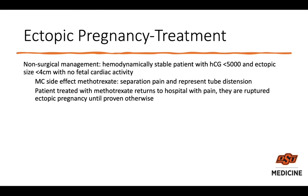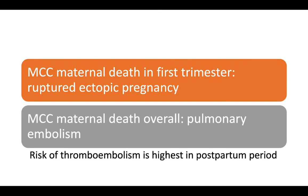The patient needs to be treated and monitored until they can say that the HCG goes to 0 and they don't have any further evidence of that ectopic. One of the times you've got to be concerned is sometimes these patients will be treated with methotrexate and then they come back with significant pain. You've got to rule out ruptured ectopic. Not that they've already been treated for ectopic, you still have to prove that it's not ruptured at that point. And that moves on to